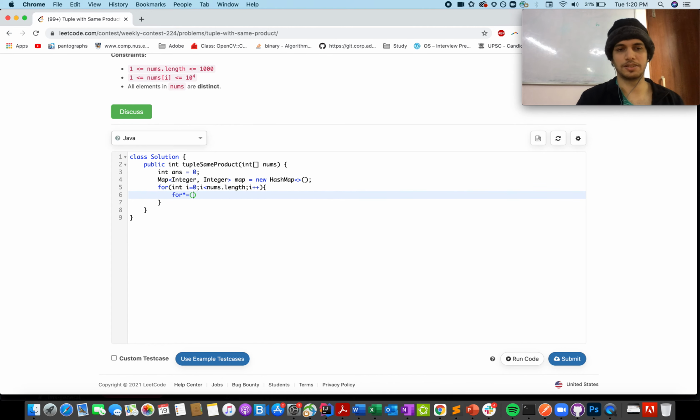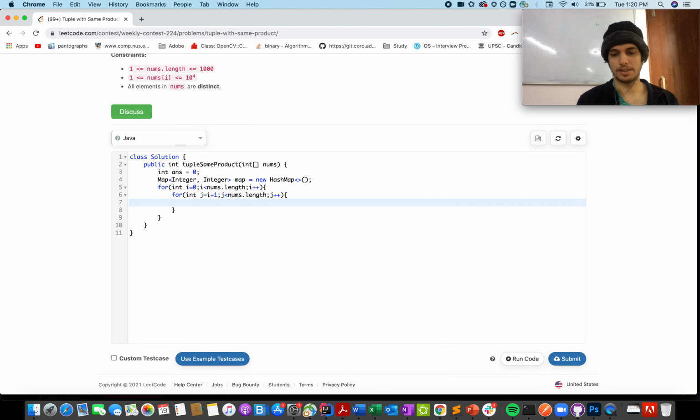For integer j equals i plus 1, j is less than nums.length, j plus plus. And let's calculate the product. Product equals nums of i into nums of j.